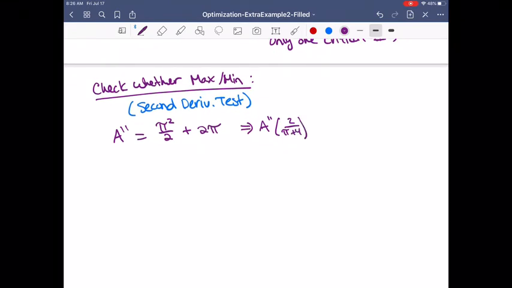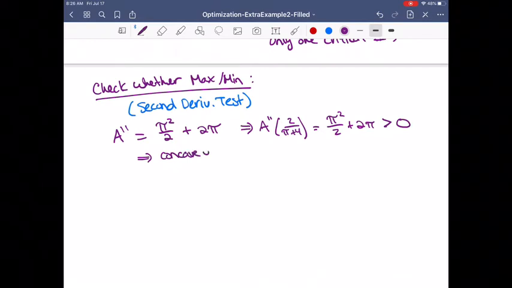It's just equal to the number, pi squared over 2 plus 2 pi. So that means this number is positive. It's a positive number, so that means that my graph is concave up there. If it's concave up and we have a critical number, it actually needs to be a minimum. So r equals 2 over pi plus 4 gives a minimum